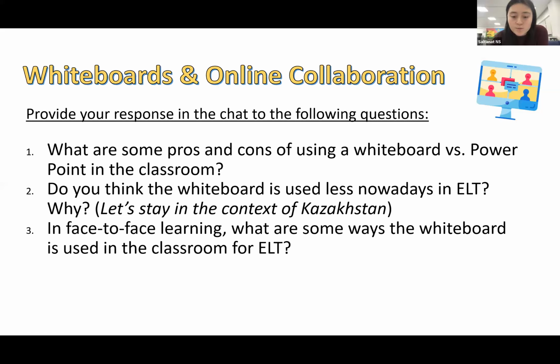Some important notes: present the plan of the lesson, doing matching tasks, explaining grammar, explaining again, brainstorming. Okay, good. So there are some ideas right there. Basically, since there are so many of us, I wanted us to collectively share our past experience and usage. Keep all this in mind as I introduce Miro and you see the examples. I'm not going to teach you so much how to use Miro, but I want to show you what potentially you could do with it, and the rest is up to you.